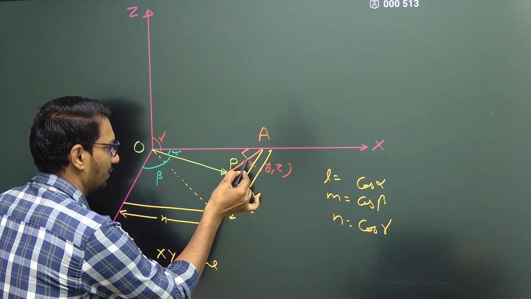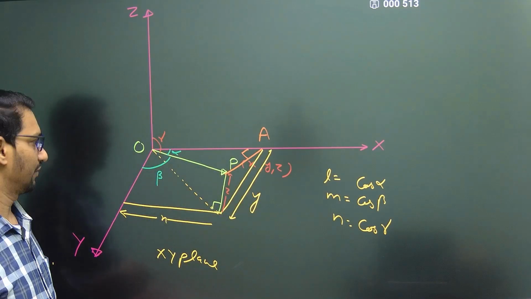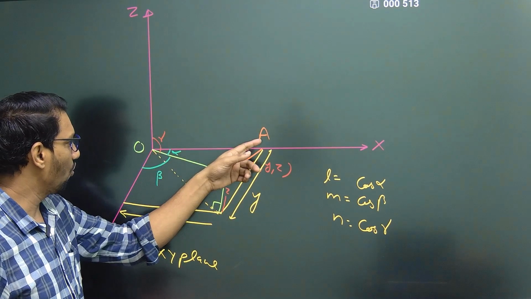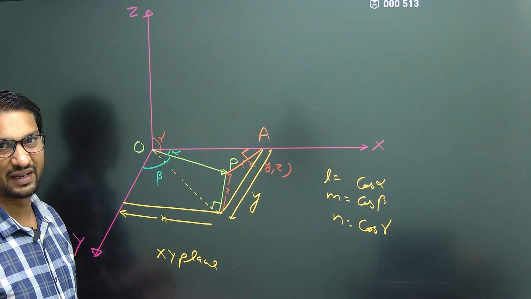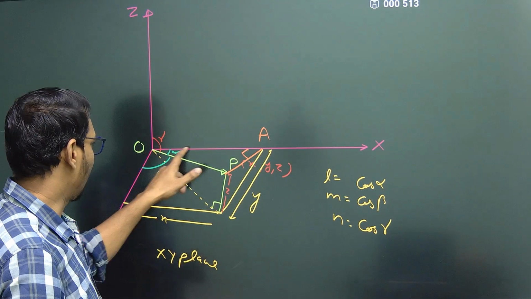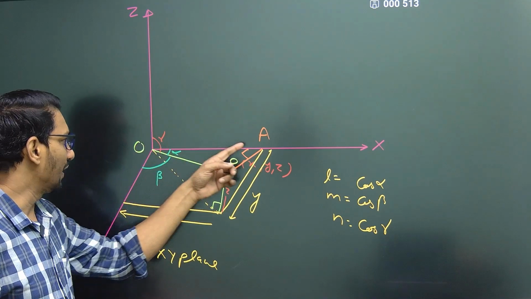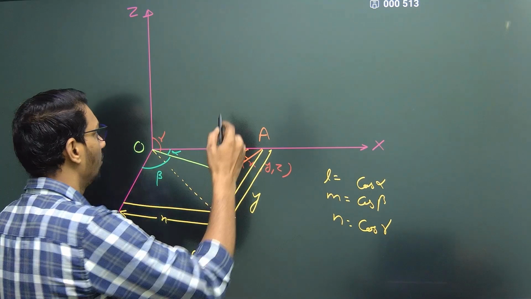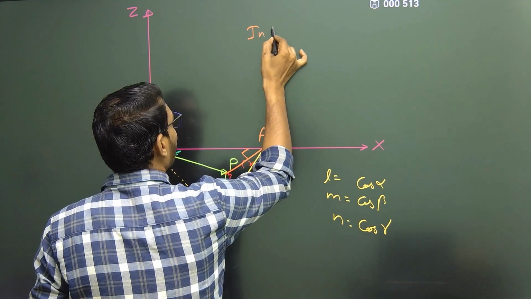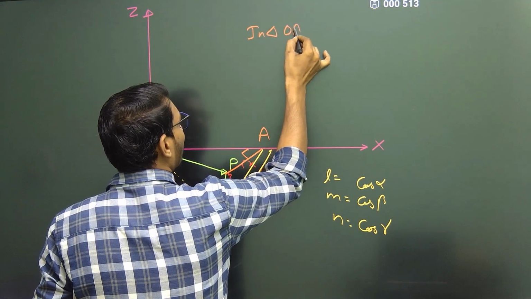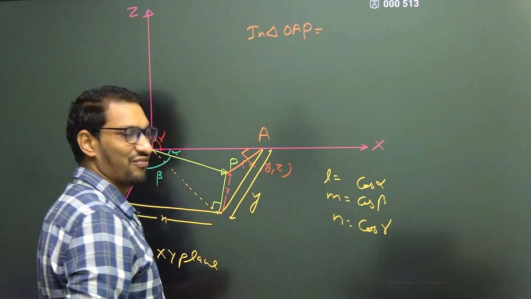This is perpendicular. So triangle OAP is a right angle triangle. In this triangle, OP is hypotenuse and OA is base. So in triangle OAP, we can find out